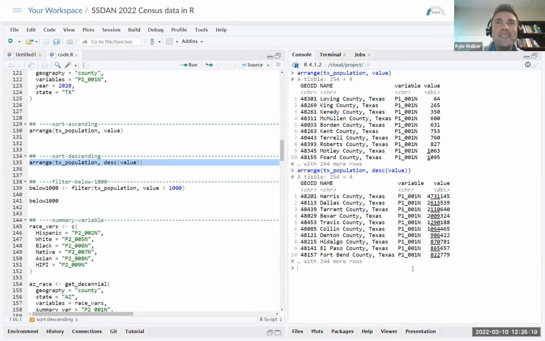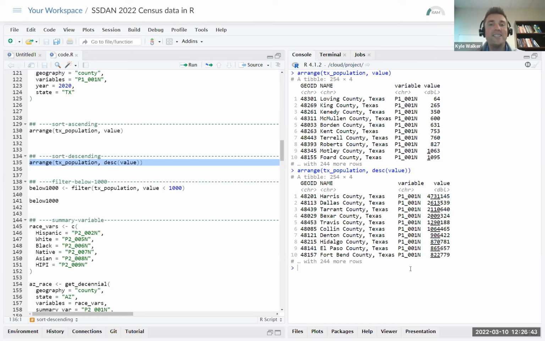You'll note my county, Tarrant County, comes in third at 2.1 million. And then we have Dallas County, where Dallas is at 2.6 million. And Bexar County, which is San Antonio, at just over 2 million. So Travis County, which comes in fifth, that's Austin. And so we have several counties above 1 million in Texas,